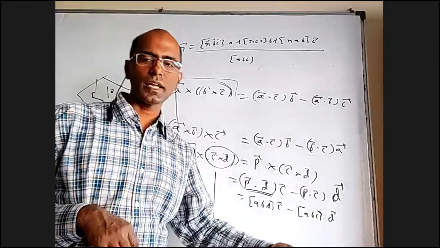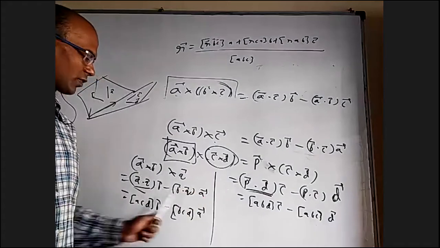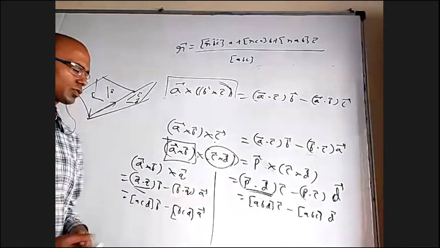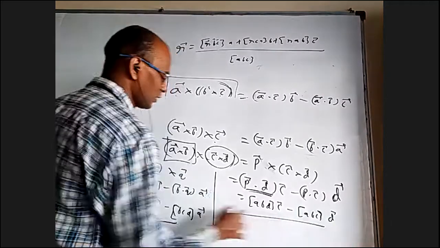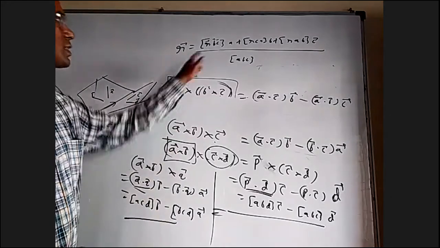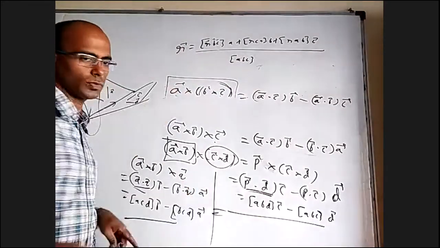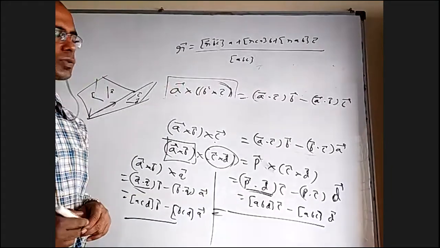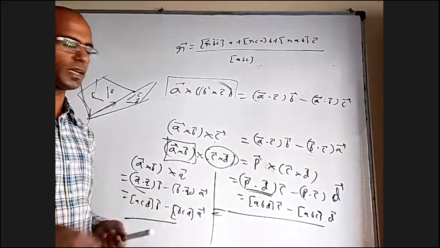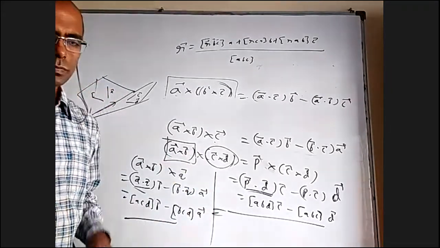First plane containing A and B vectors, second plane containing C and D vectors. It can be a linear combination of A and B, and it can be a linear combination of C and D. Only one expression has two formulas, so these two formulas must be equal. When you equate them, we get the same result that we wrote here. Wherever R bar is there, you write D bar. That is exactly equating these two. So earlier we derived this formula another way, and now we are deriving it another way, where for one question there are two formulas; equate both of them, we got it. Are you able to follow?